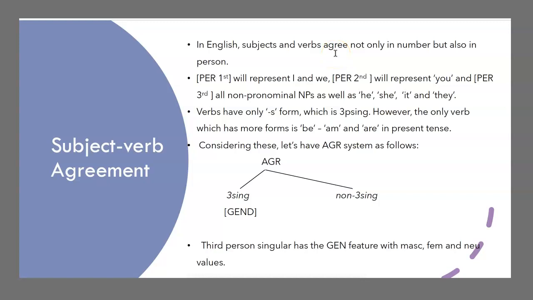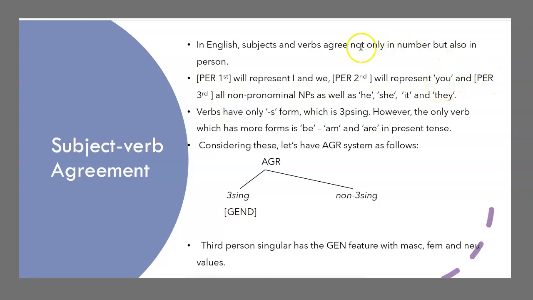When you say person agreement, we need to have a person feature. When you say number agreement, we have a number feature. Similarly, we need a person feature. So under the AGR feature, you can have 2 features, person and number. But what is a person feature? Person can be first person, which can be a value, which makes a pronoun like I. I is first person, with of course number singular. And if the person value is second, then it represents your pronoun you.